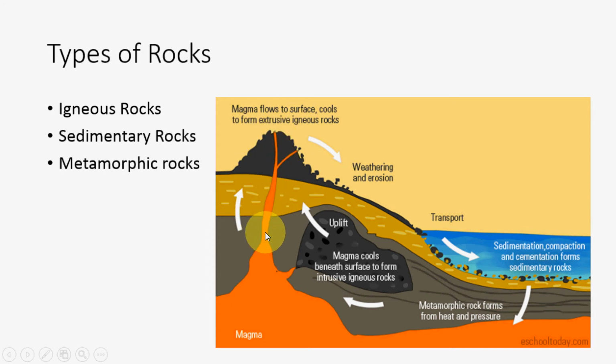Suppose this magma and lava is coming through the volcanoes, right? When it's coming out, there may be a situation where it gets solidified at this depth itself, right? Once it gets solidified, different structures are formed inside the earth itself. So we'll be discussing that too.